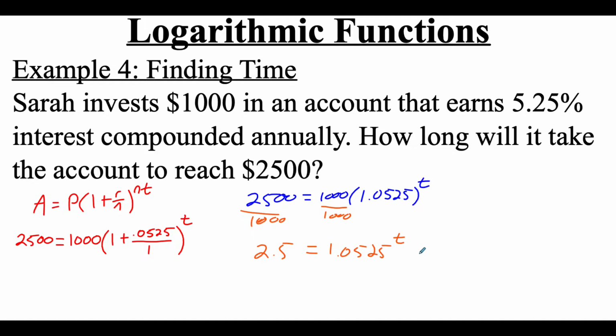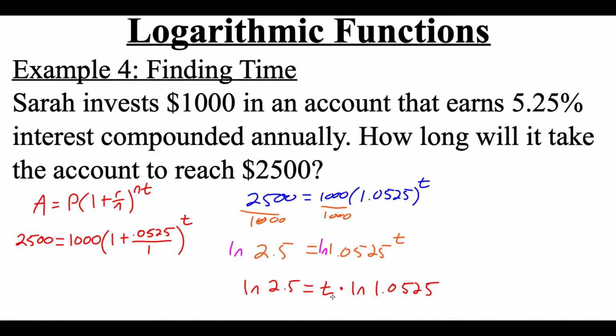Now having t up as that power makes this a little bit complicated. So it would be nice if I could bring that power down. Well, when we talked about logarithms, we had a power property that said if you're doing a logarithm of something raised to a power, you're allowed to drop that power down. So what I'm going to do is actually take the natural log of both sides here, and then if I look at what's happening on the right-hand side, I have the natural log of something being raised to a power. So my power property is going to let me drop that t power down in front of this natural log. So I've got the natural log of 2.5 equals t times the natural log of